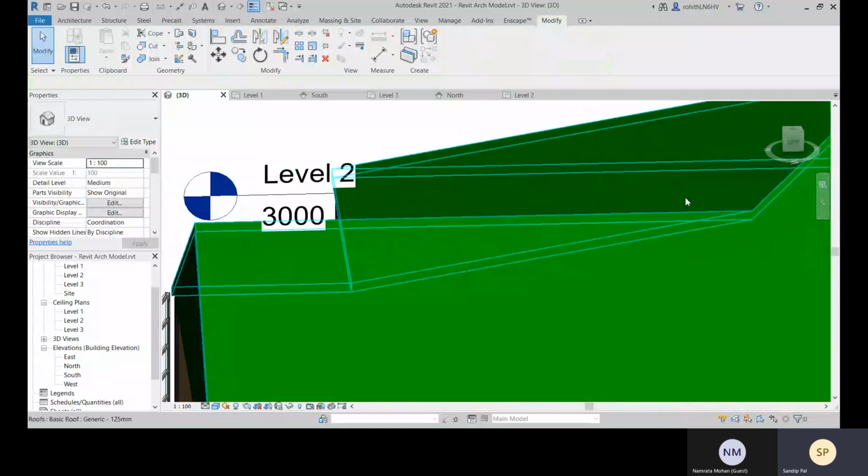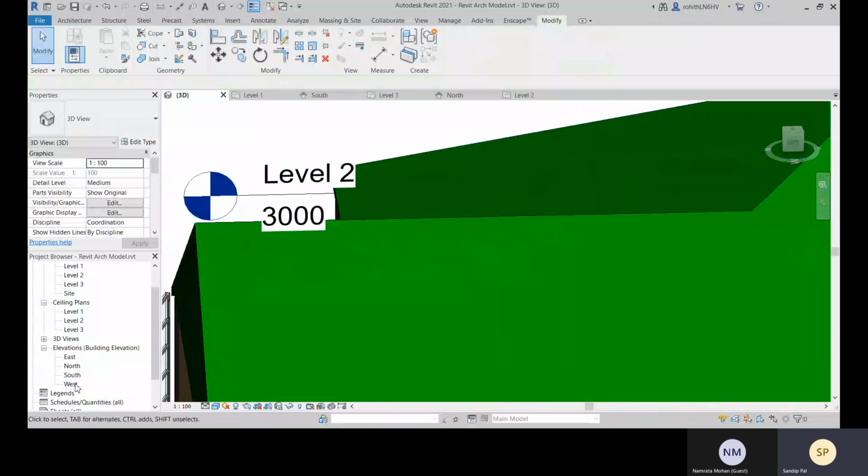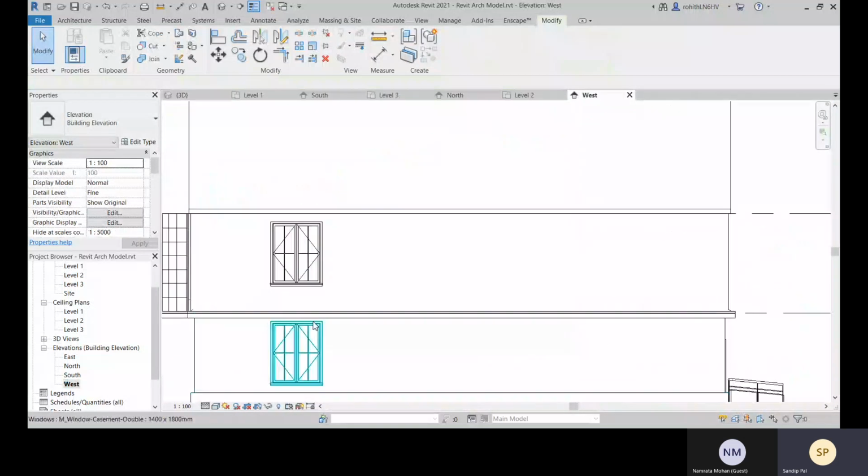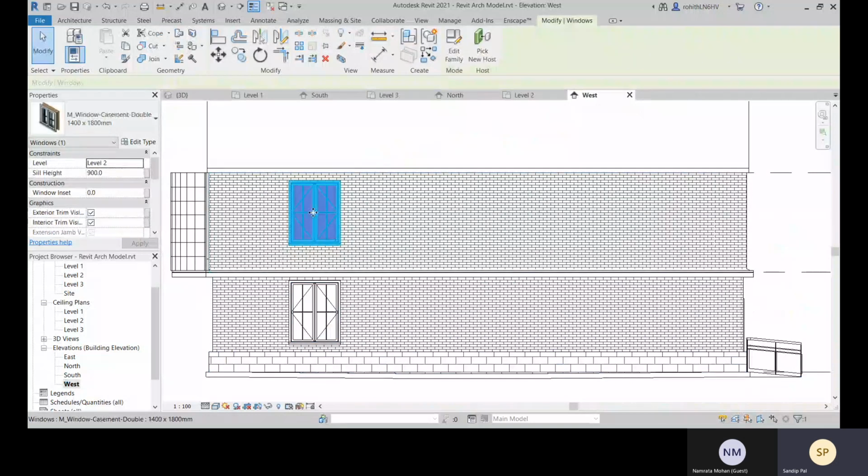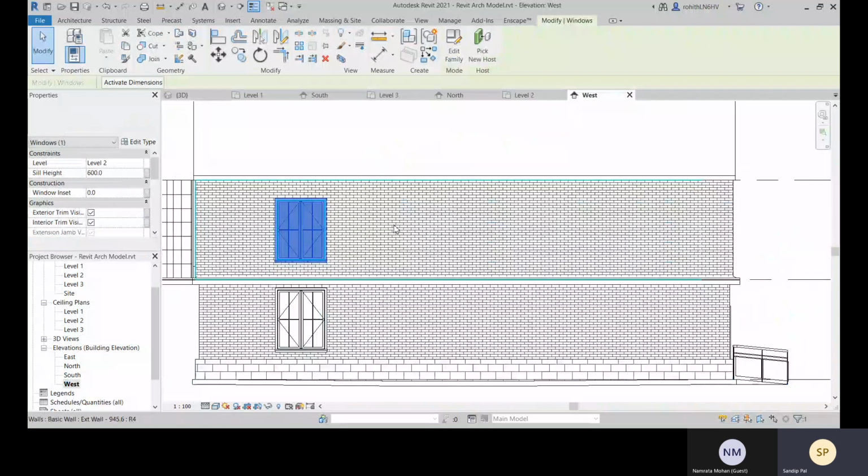So this is your waist. Come to waist elevation, and there you can make it. So let me just change the sill height so that we can properly make it. Okay, let me give it 600. Yeah. Okay, now let's create